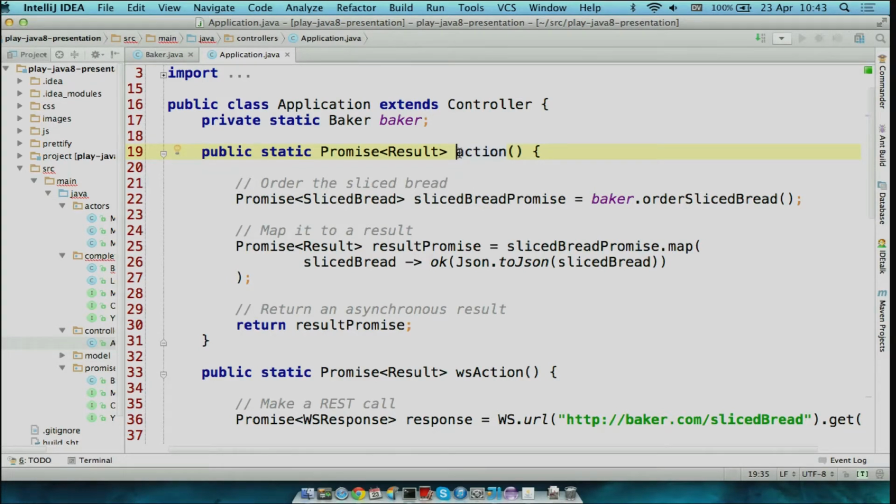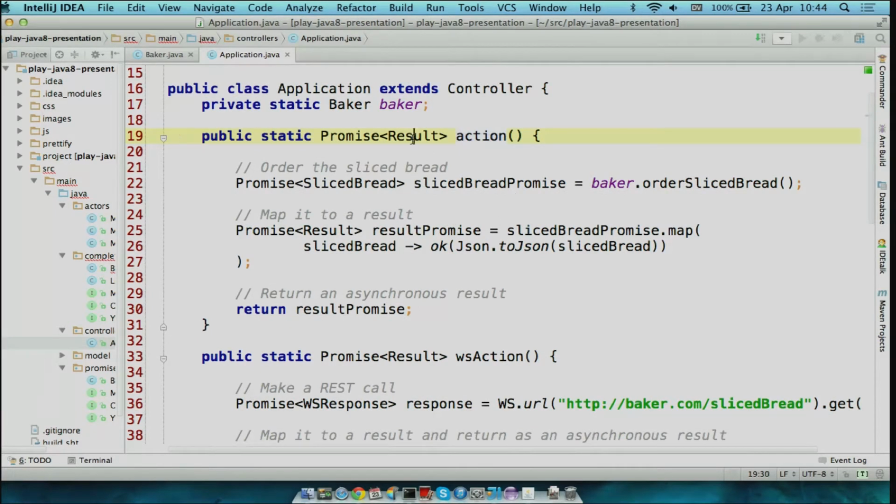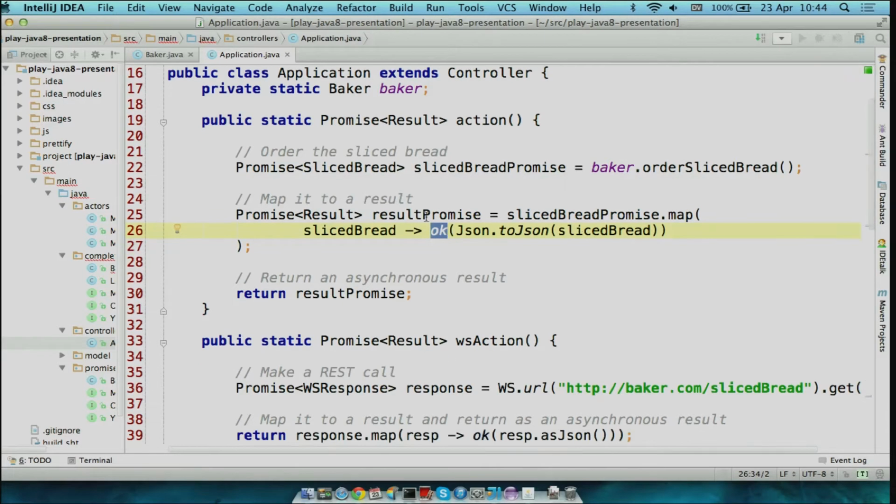You should always pass the promise back to the framework and let it handle it. So you can see here we're ordering our sliced bread, and Play expects a promise of a result because the result is what it sends to the HTTP response. So we map that to a result, an OK result, and we serialize the sliced bread to JSON. And there we have our result promise, and we return that back to Play.